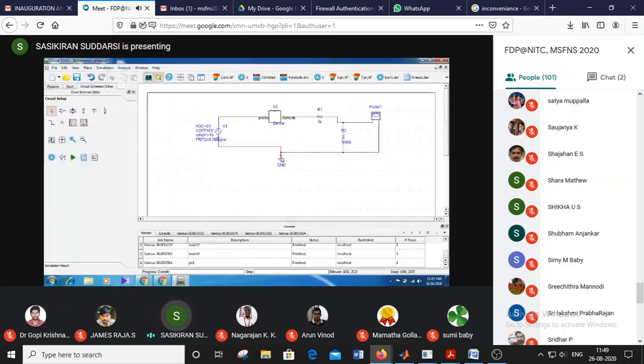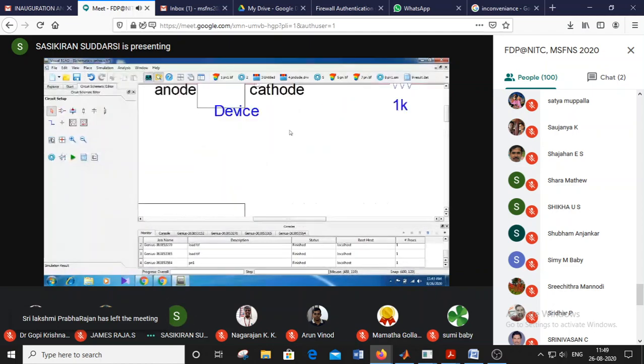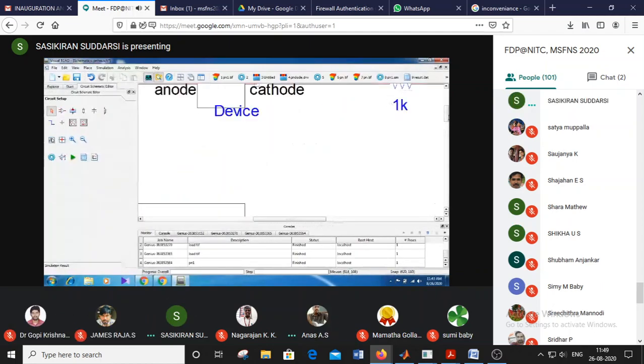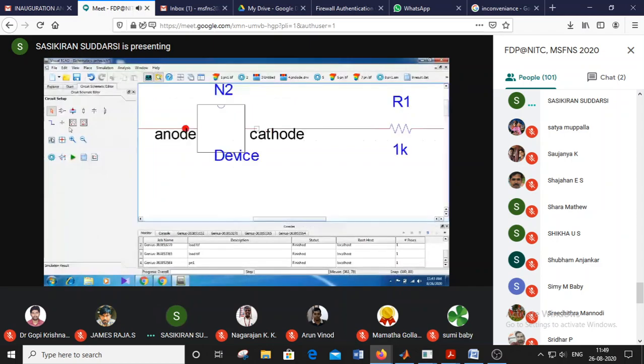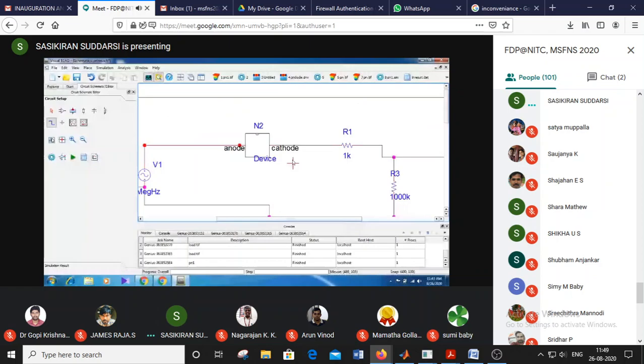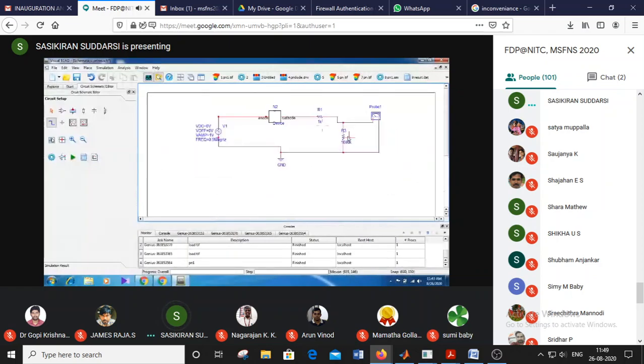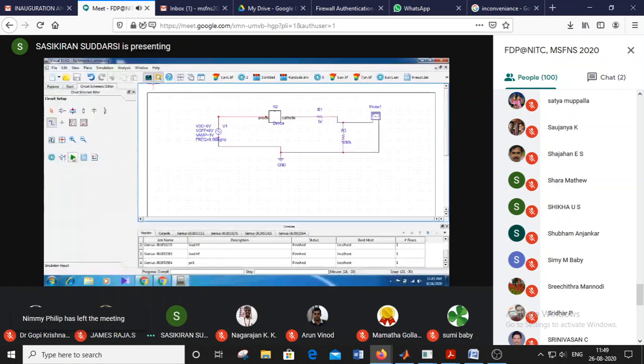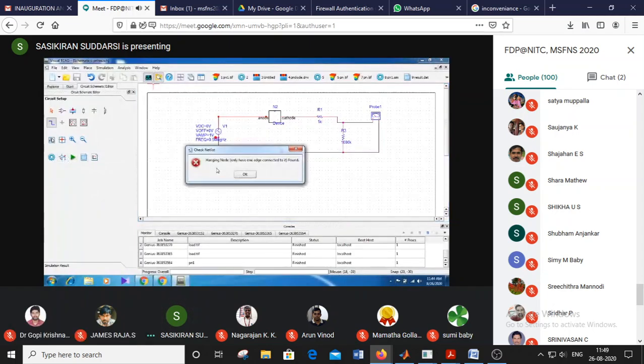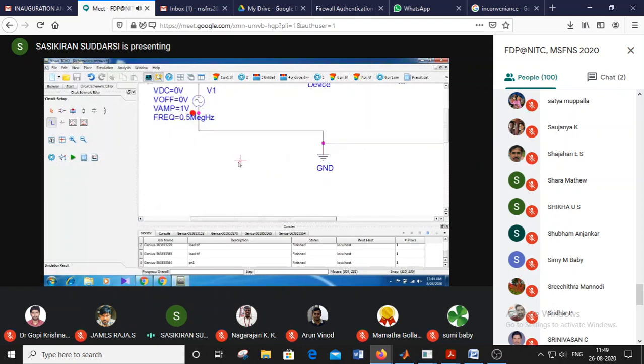It is indicating that some connection has no contact here.